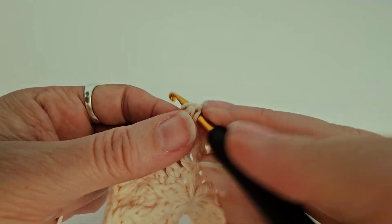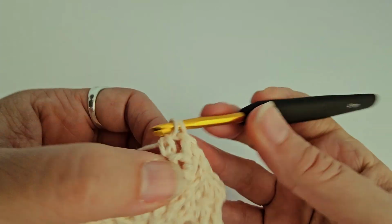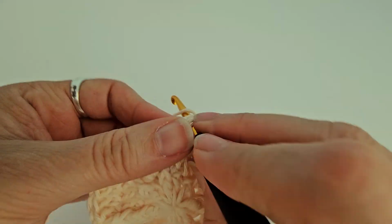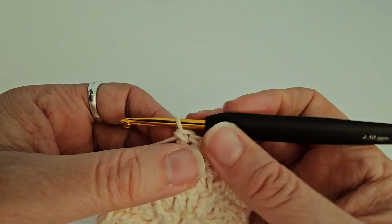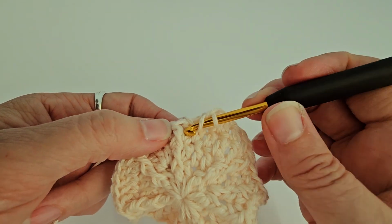1, 2, 3, 4, 5. The next stitch should be a front post, and it is, and we just do a front post